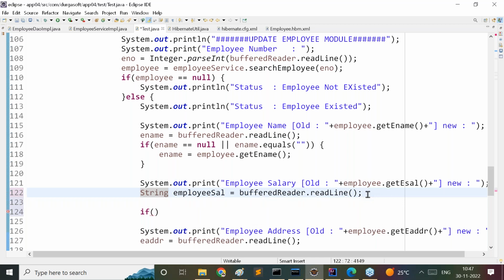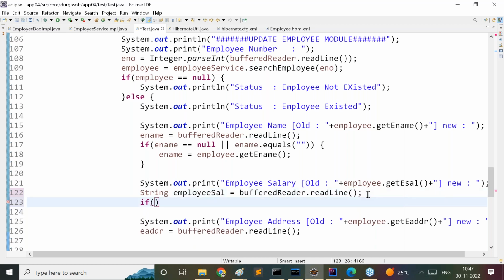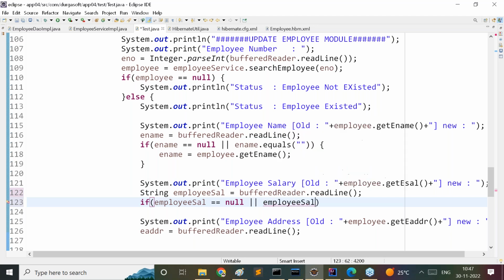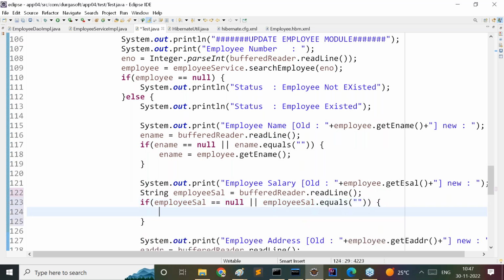Now I will check this value: if employeeSalary == null or employeeSalary.equals(""), the empty string. If no value is provided, or data is not available,